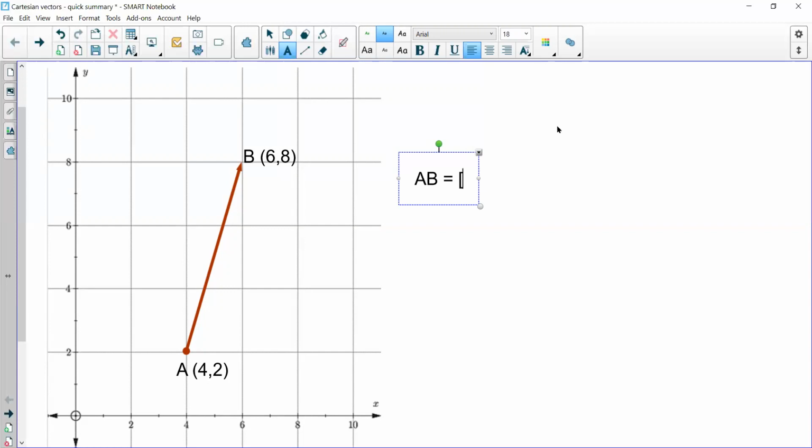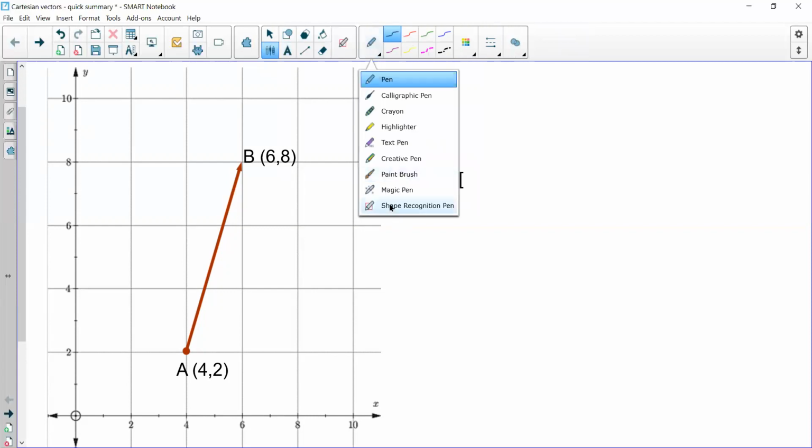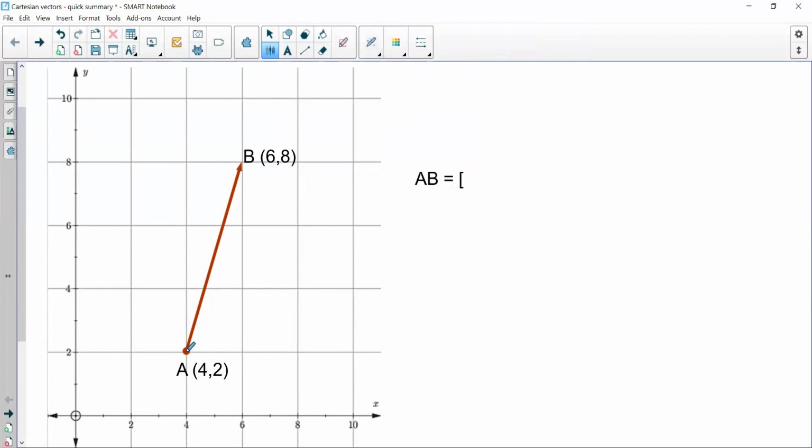Starting at point A, which has a horizontal x value of 4, and I want to go to a horizontal point B, 6, I must move 2 units to the right. So 2 units to the right would imply a positive value,